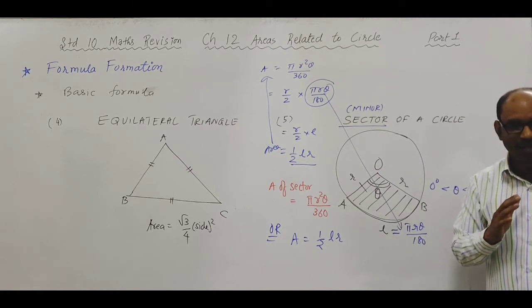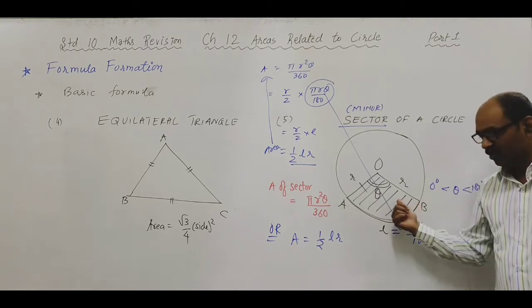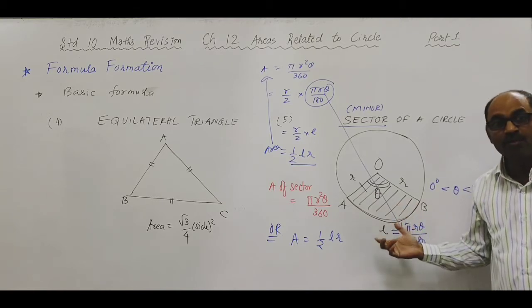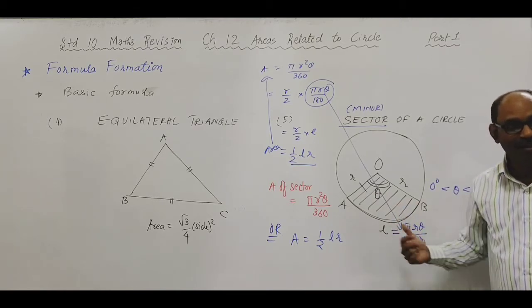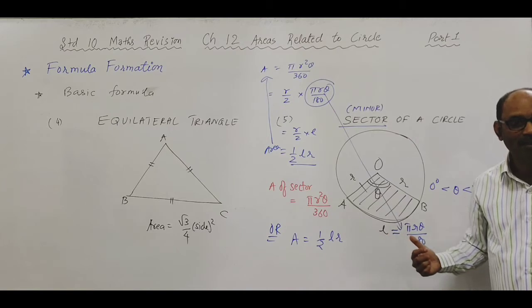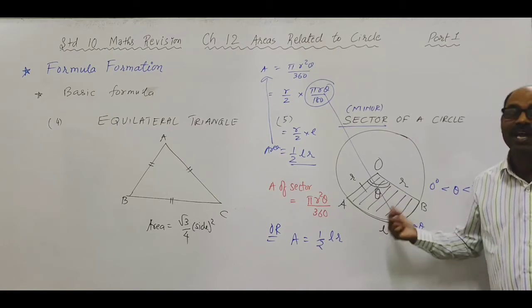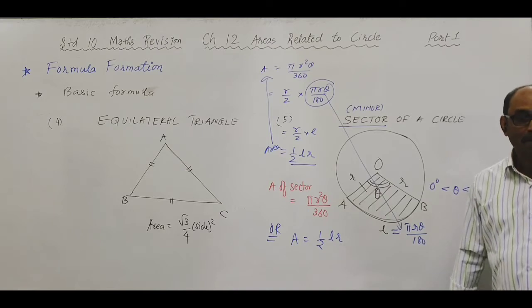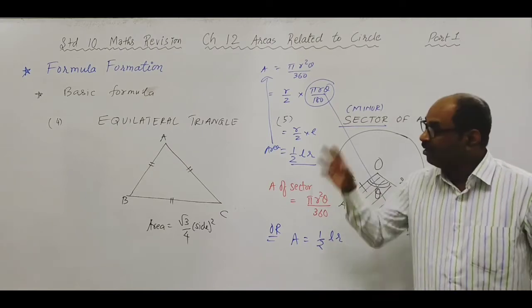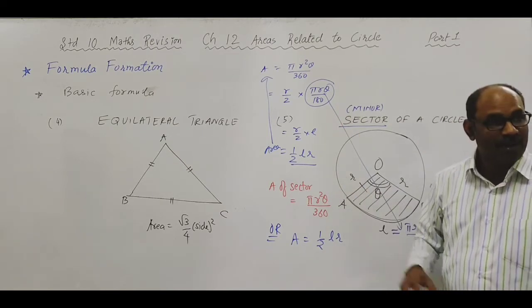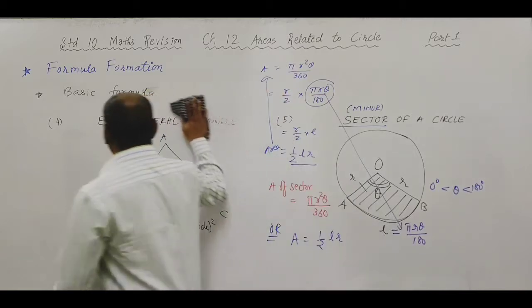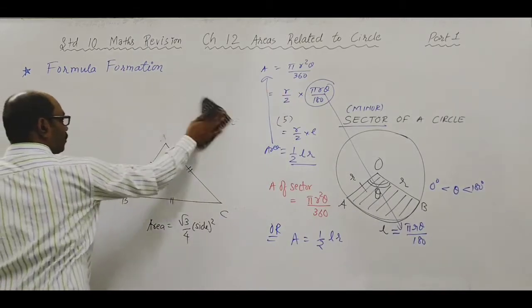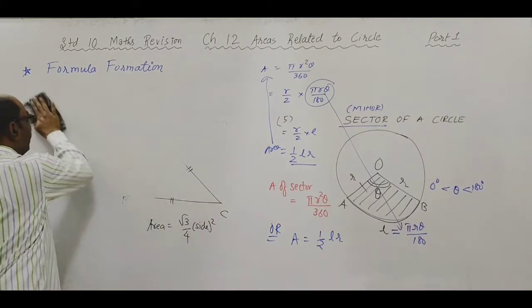When we are talking about sector, we are talking about this figure, and its formula is easy to derive. Derive भी कर सकते हो और याद रखना भी easy. One formula: pi r square theta upon 360. But to find the area of segment, कुछ और दिमाग दौड़ाना पड़ेगा. Let's see. So we are done with basic formula required here.